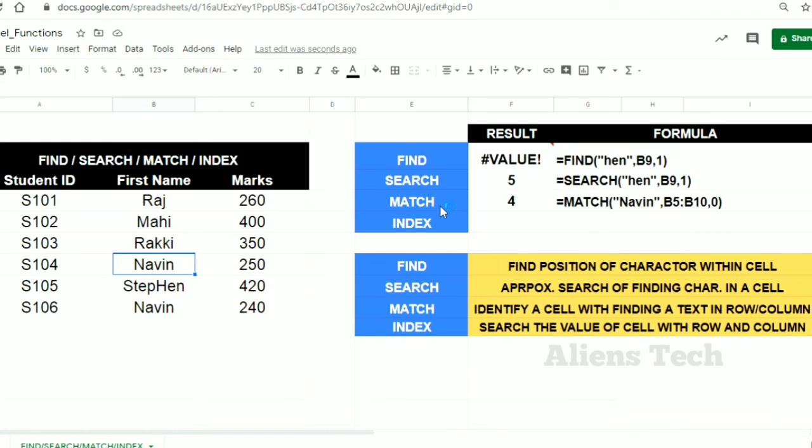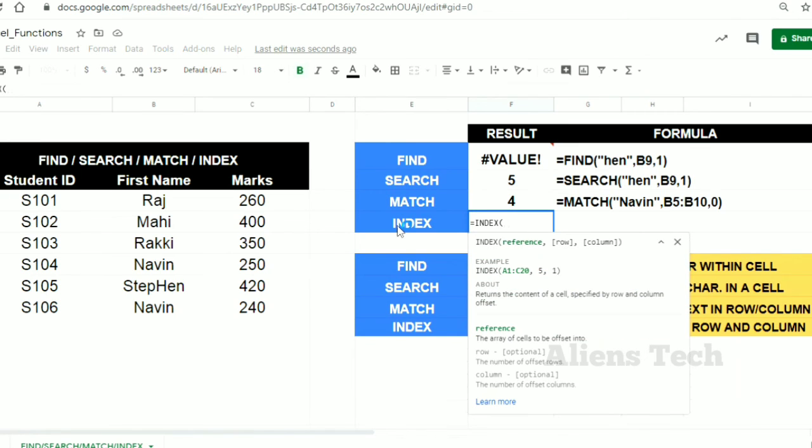Okay, I hope you are clear with that, and let's move on to the next function, named index. Here you can see the definition: returns the value of a cell with row and column. Means if you want to find a cell reference, at that time you can go for index. Means I know a specific column and a specific row, so I just want that exact reference. How do I do that? So here I'm just specifying index here, and first must be the reference.